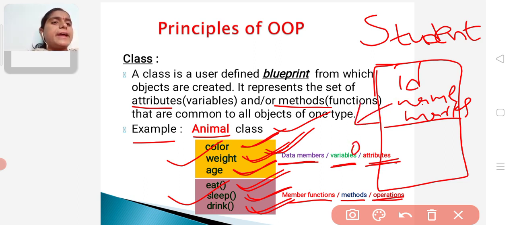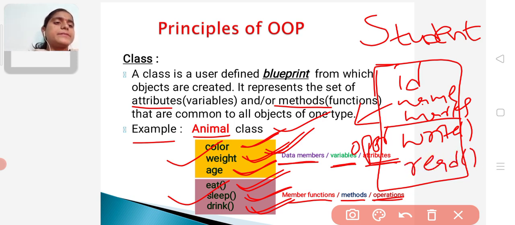And every student performs some operations, right? He can write exams and read books. These are some operations performed by the student.